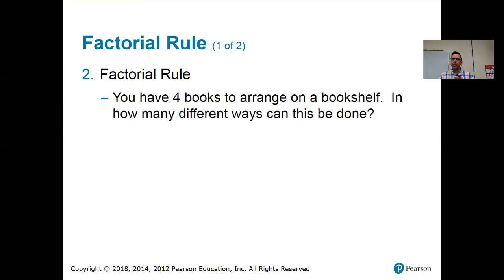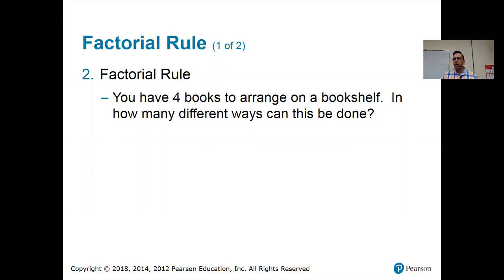So I pick the second book, and let's say I pick this one, I put that on the shelf. Third book, I have 2 choices, so I pick one of these. And by the time I get to the last book, there's only 1 choice. So using the multiplication counting rule, there are 4 times 3 times 2 times 1 ways to put the books